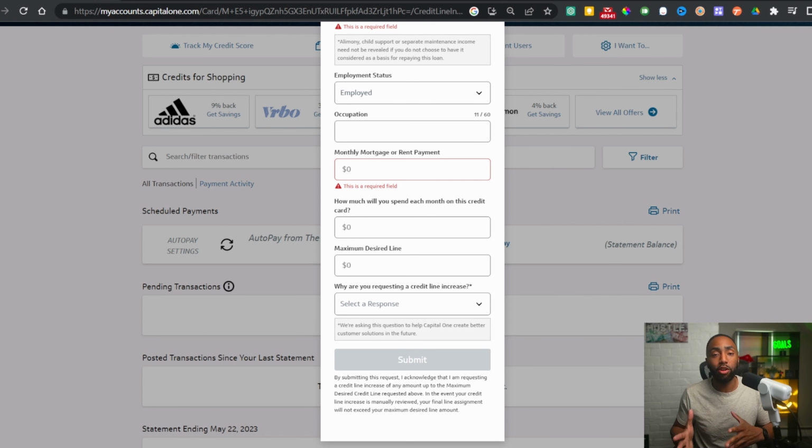Because they don't want to lose money on those transactions. So the next question is, what is your maximum desired credit limit? And here you never want to put a low maximum desired credit limit. You always want to be at the top end of what that credit card will allow you to get as